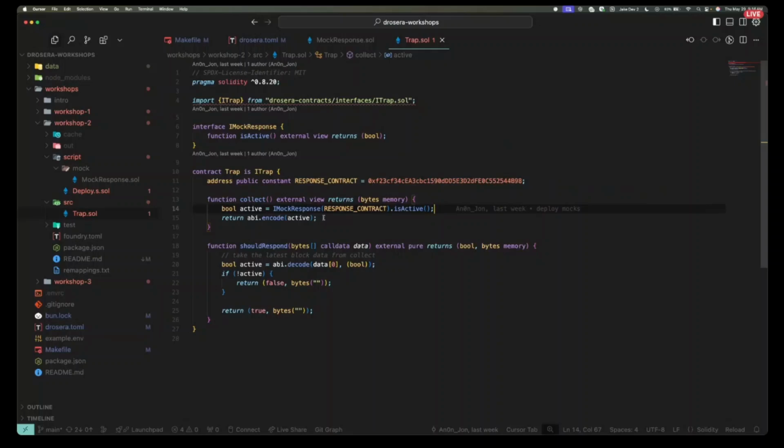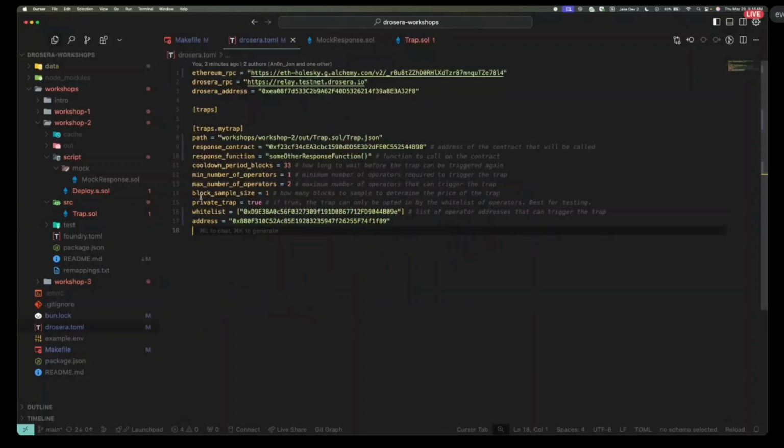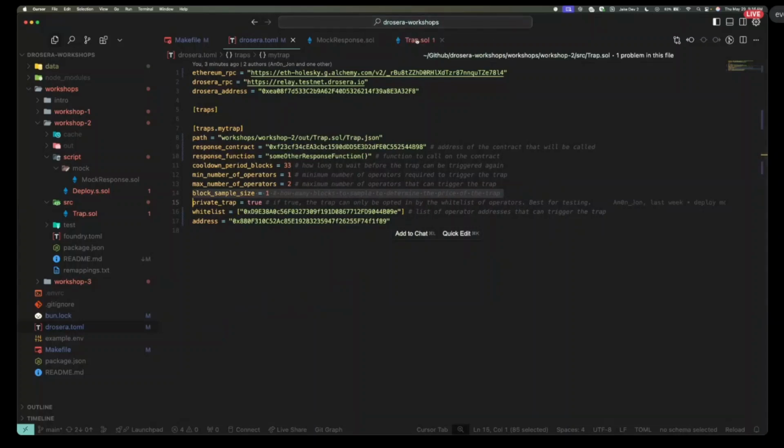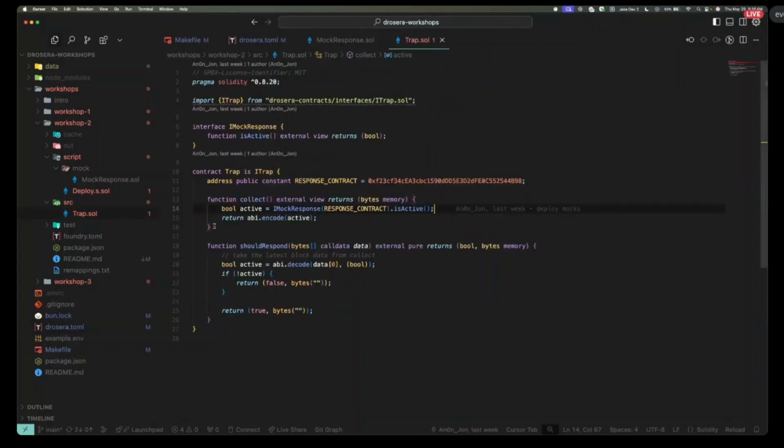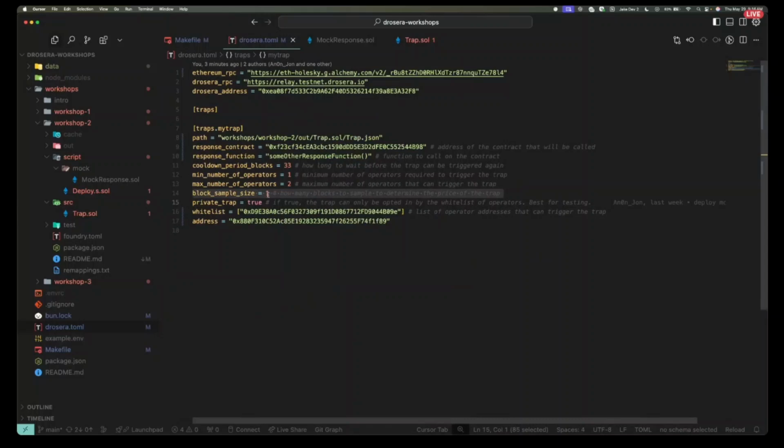The collect function is just getting this one piece of state data, this one boolean, and returning that as bytes. Because our block sample size is set to 1 currently, any operators running this trap will call collect one time, and then they will pass the results of that